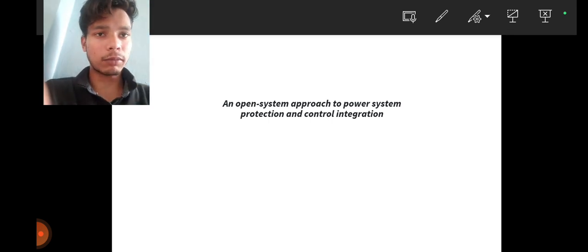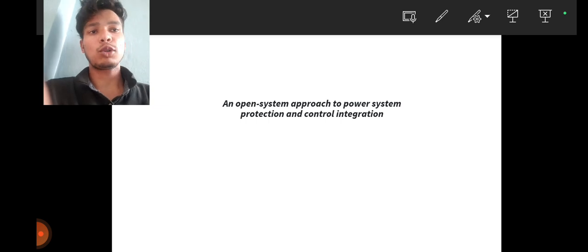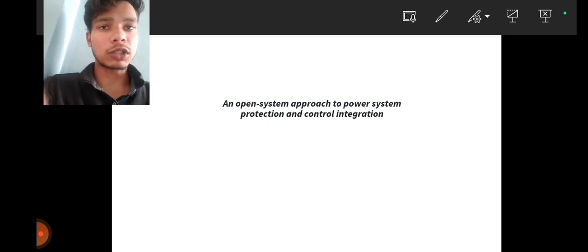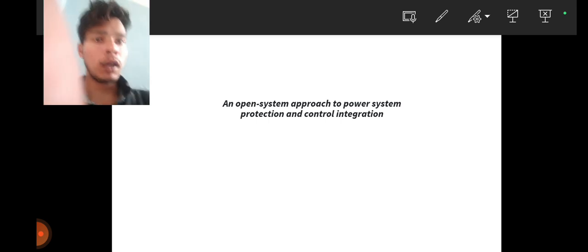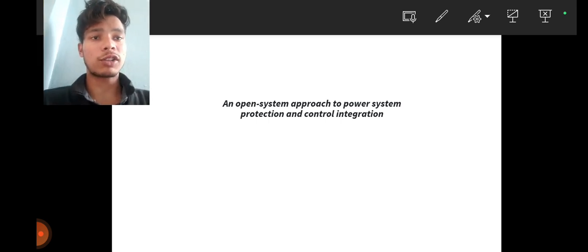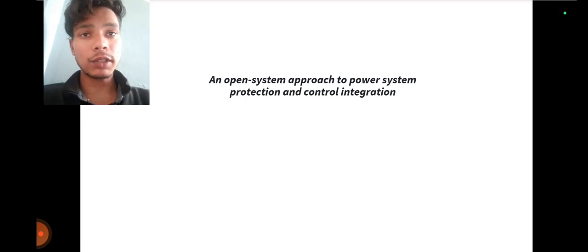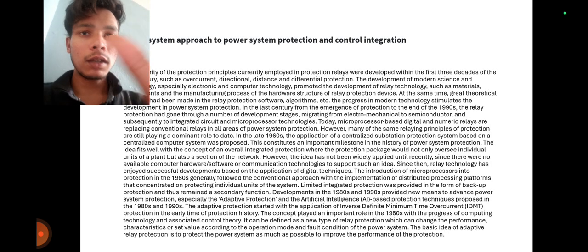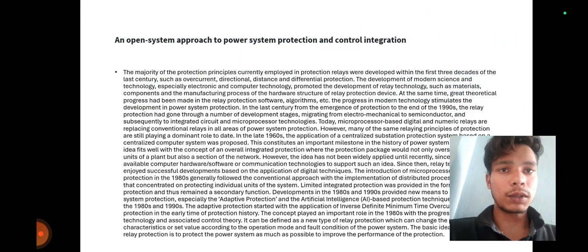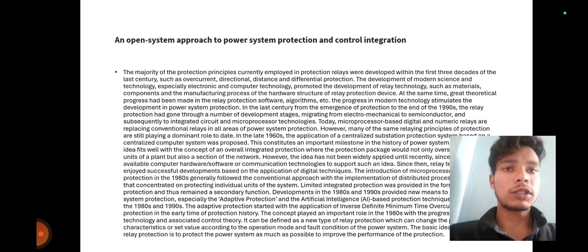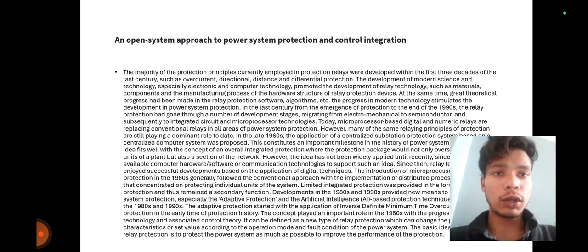I'm here to explain an open system approach to power system protection and control integration in the power system protection subject. So here, an open system approach to power system protection and control system integration means the majority of the protection